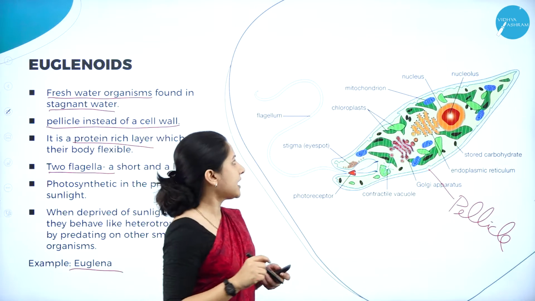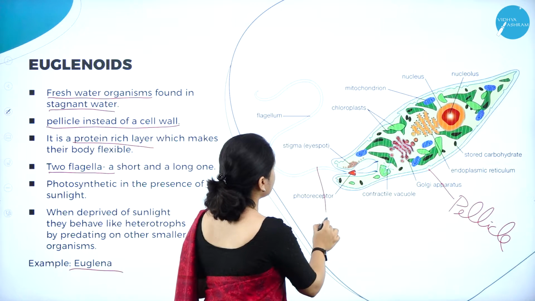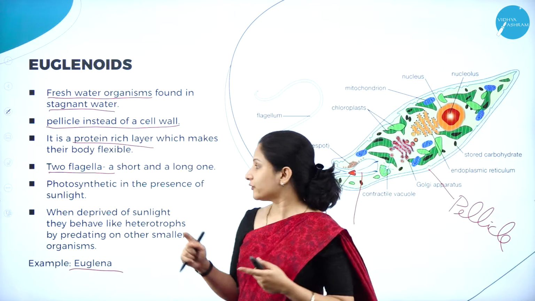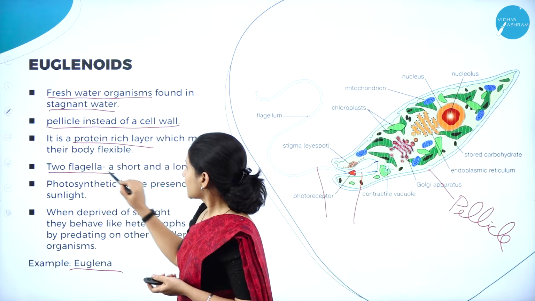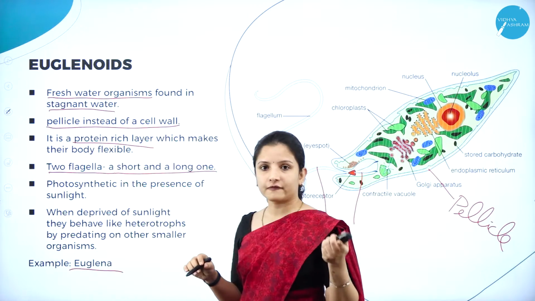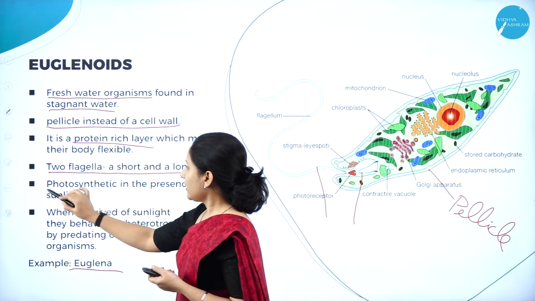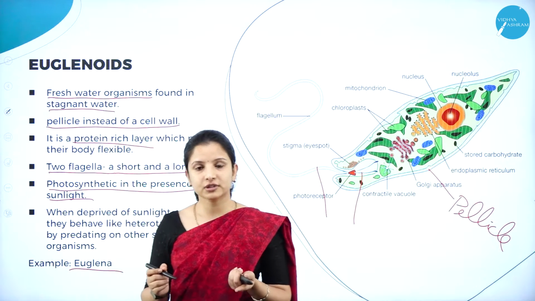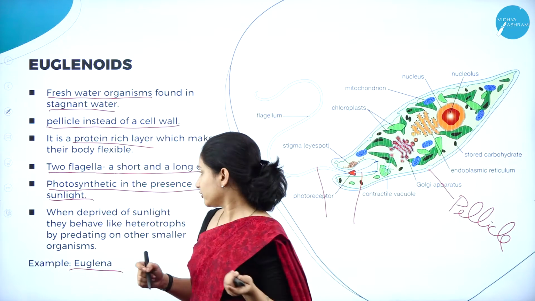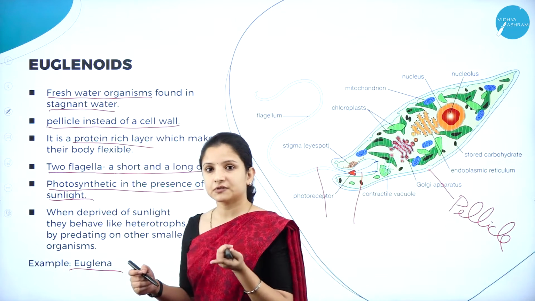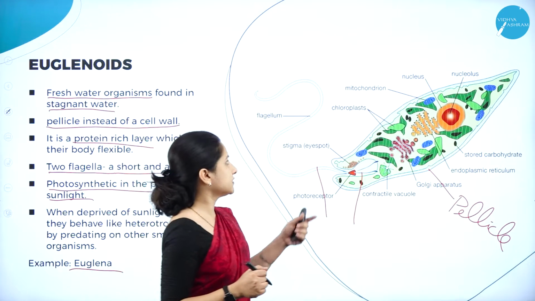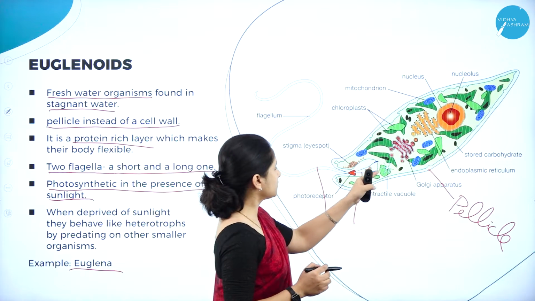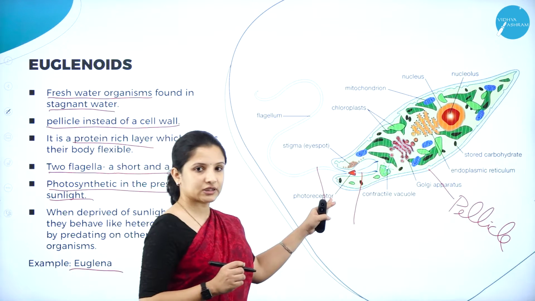They are also made up of two flagella. You can see here, one and the other one: a short flagellum and a long one. And they are photosynthetic in the presence of sunlight. So they can be photosynthetic and they can also be heterotrophic. Whenever there is sunlight, they can be phototrophic. These organisms have a long flagellum and one more small flagellum, and they are photosynthetic in the